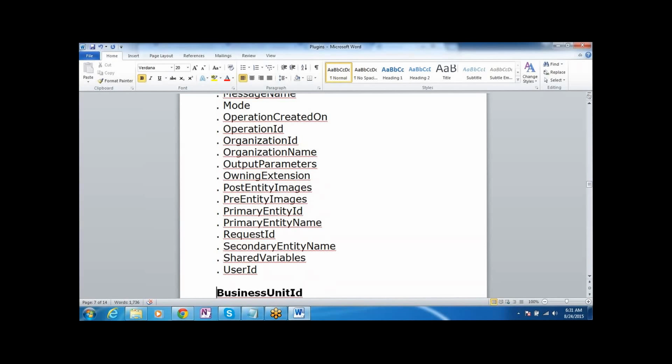Like that we'll get all the properties for the IPluginExecutionContext.